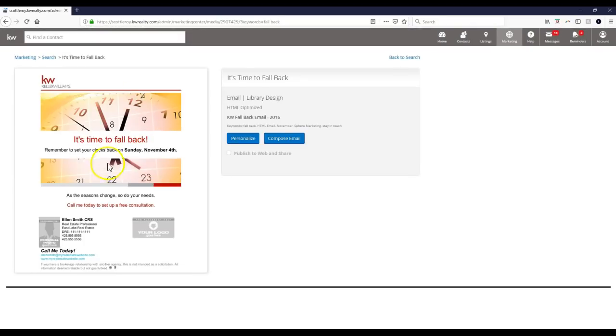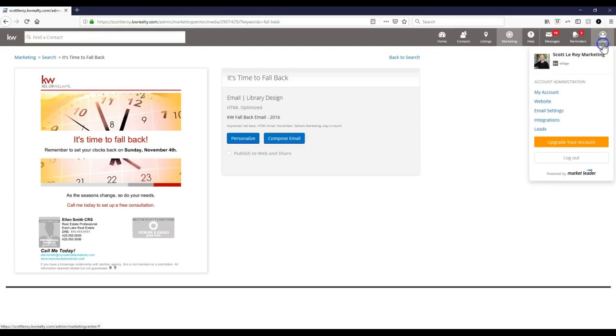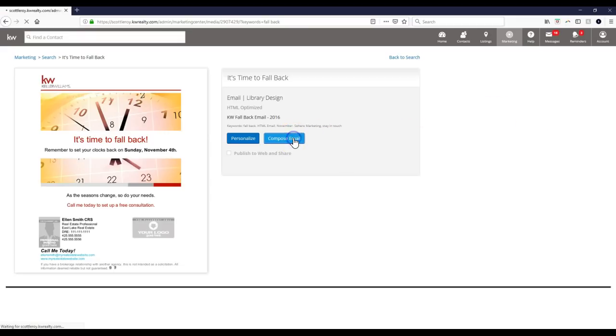All right, and once we see this, it's time to fall back. Remember to set your clocks back on Sunday, November 4th. Here we go. Now all we have to do, we can click personalize if you want to go through and change out any of the information that'll come up on here, or you can just click compose email to send this off immediately if you already have your info set up. Just a reminder, your information will auto-populate from your account, my account section on here. That's where that info will populate from. So if I click on compose email real quick,